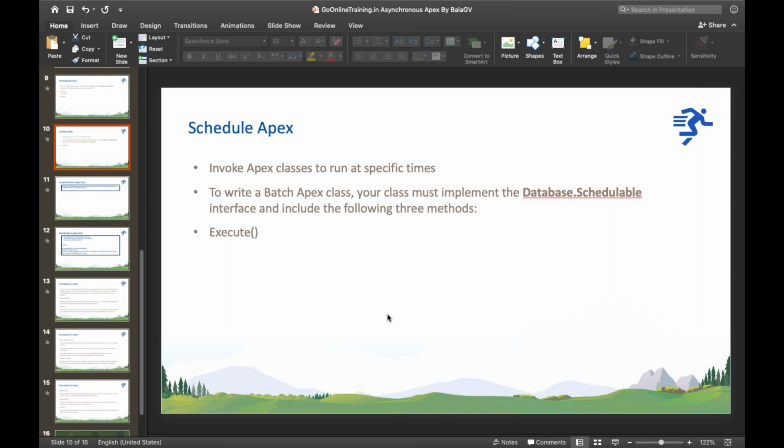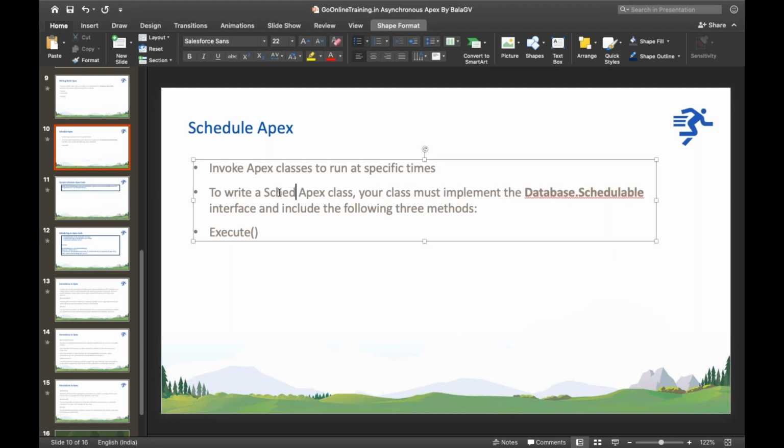To write a schedule Apex, your class must implement the database.schedulable interface and include the following method.